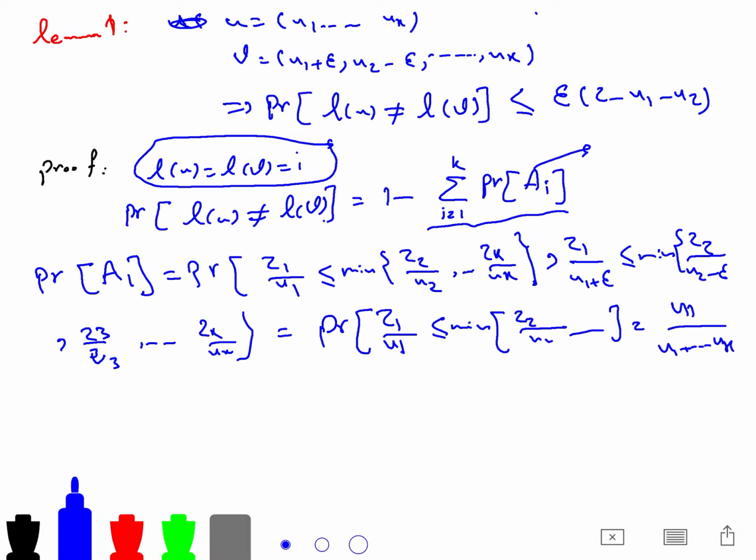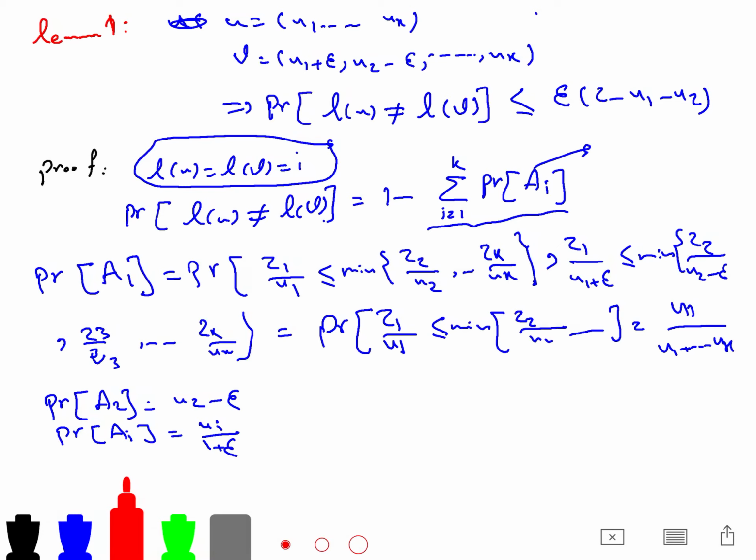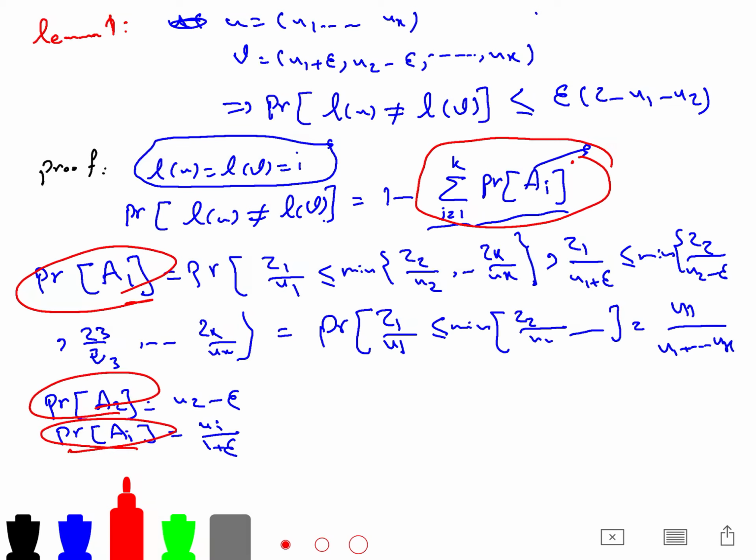So we use the properties of the exponential distribution. Similarly, we can say that the probability of A2 is u2 minus epsilon. You can also prove that the probability of Ai is equal to ui. And finally, you sum them up. So the sum of all of these, A1, A2, Ai. If you just sum them, you will notice that the probability of L of u not equal to L of v